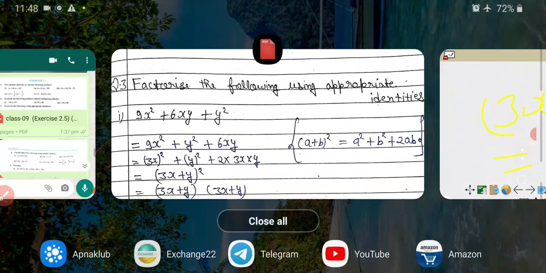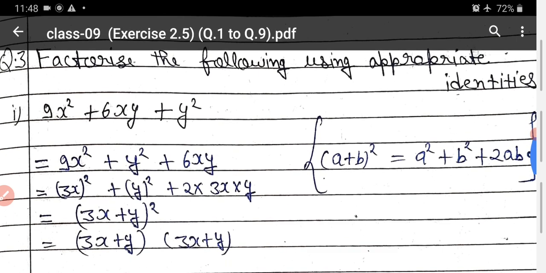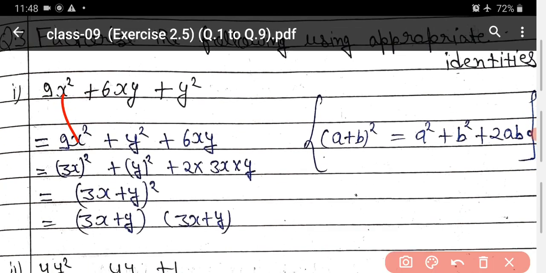Okay. Now I am solving this question on the notebook. Just see here, 9x square plus 6xy plus y square. So write here first as it is, then do a rearrangement: 9x square first, then y square, then 6xy. Now from the question you write (3x) whole square and (y) whole square. Now the remaining part you have to write from the formula is 2ab. Write 2 into a, 3x, and b, y. Now just check, it is equal to this.